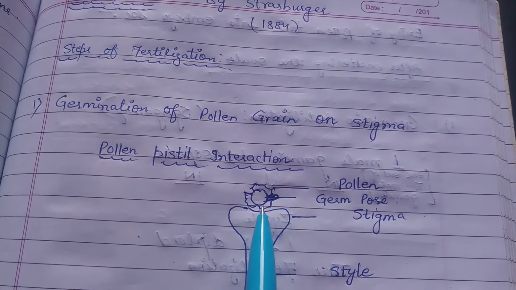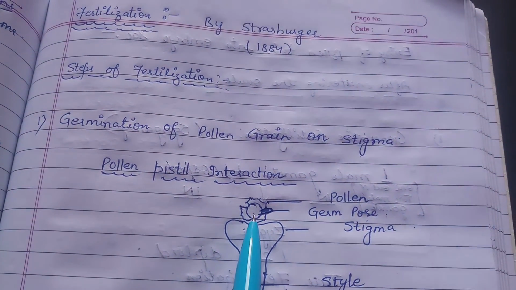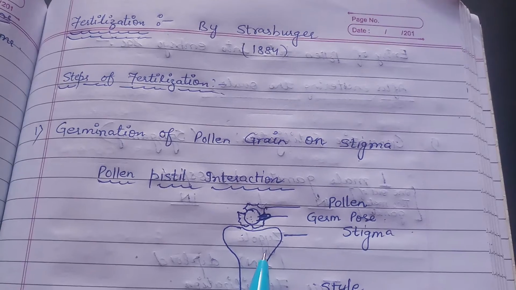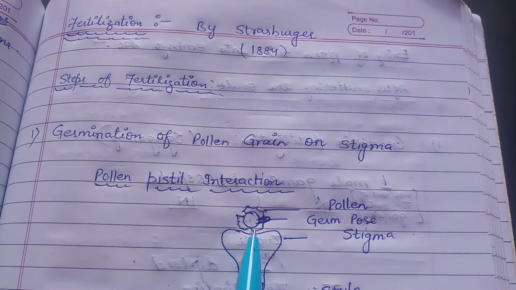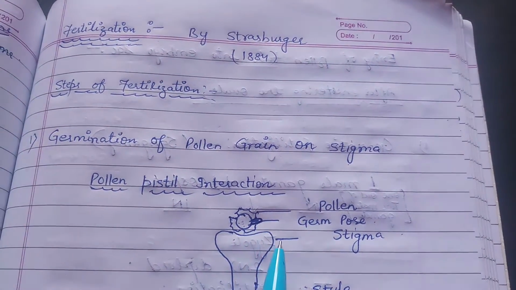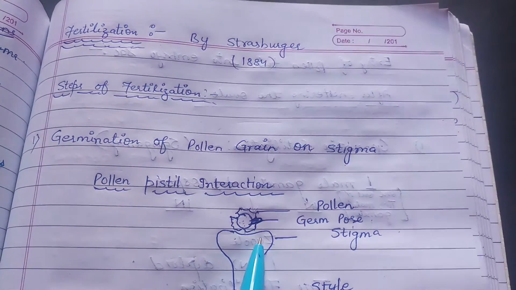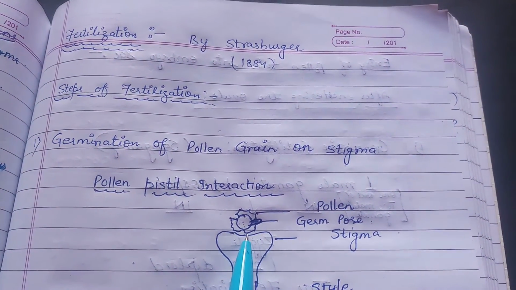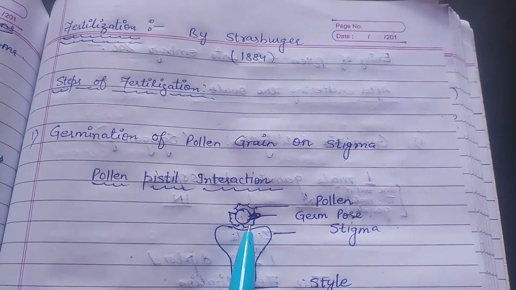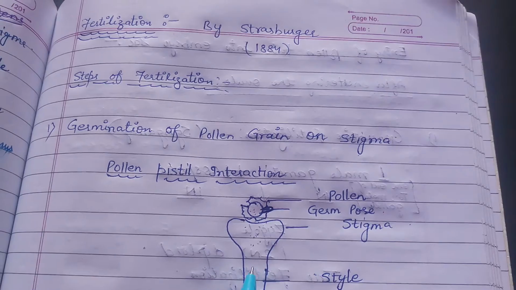Actually, only the compatible pollen of the same species are able to germinate. Germination is connected with compatible and incompatible reactions between the proteins present on the pollen grain and the stigma. If the reaction is favorable, then the pollen grain picks up water and nutrients from the stigma and grows to form a pollen tube. The interaction between pollen tube and pistil continues till the pollen tube reaches the ovule.